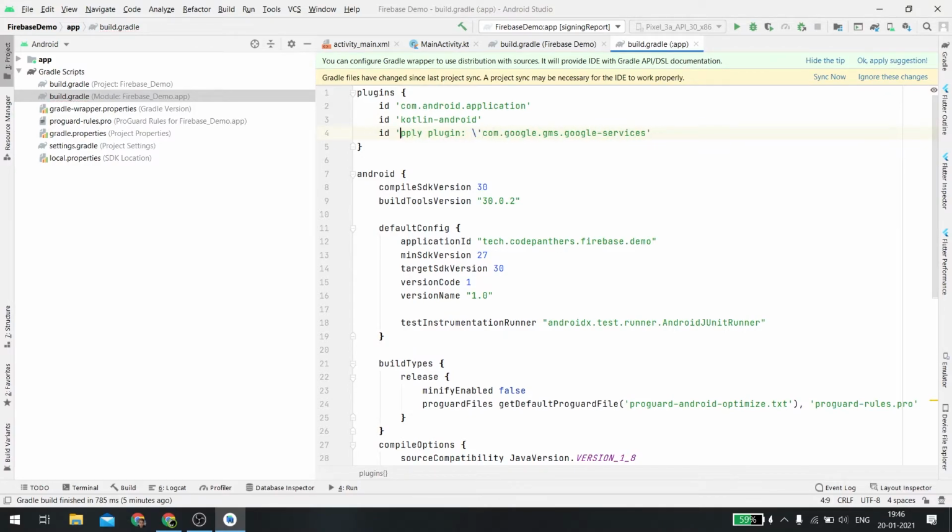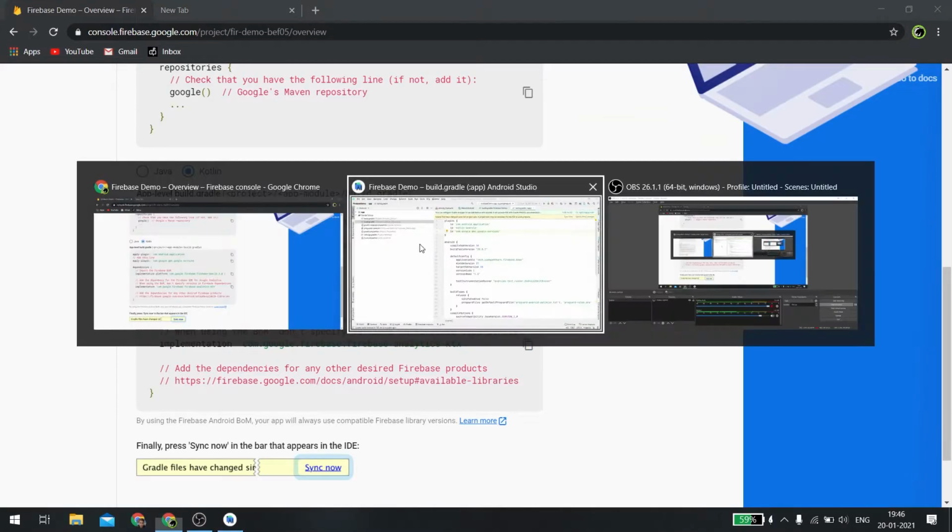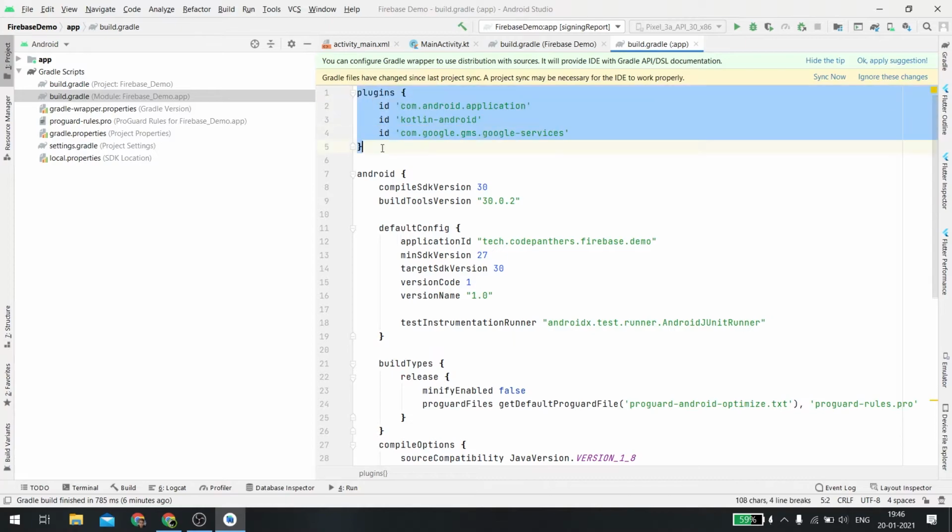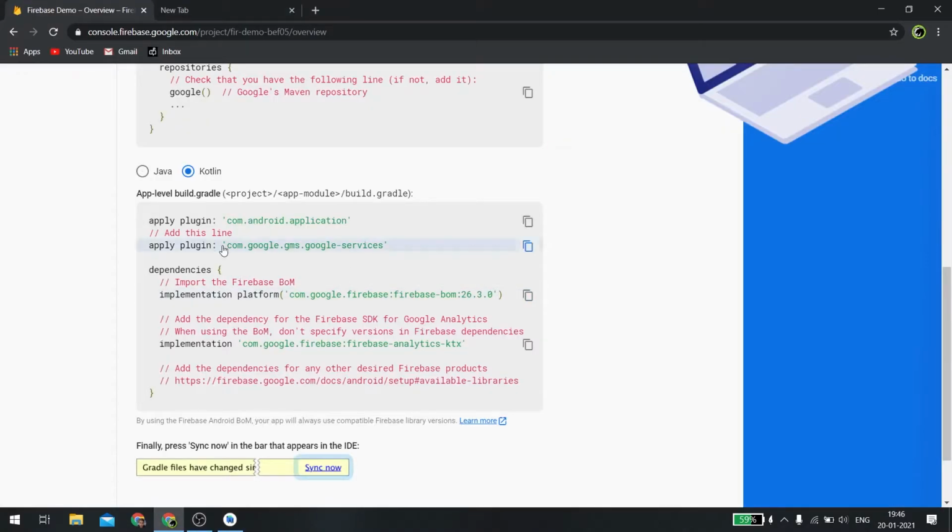We just need to take the string that is with apply plugin and add it here. I think this is a new syntax that we have created in plugins. Create a new line with the id and then just add the name of the library or the plugin that we are using. So this plugin com.google.gms, just put it like this. Okay, so this is done.